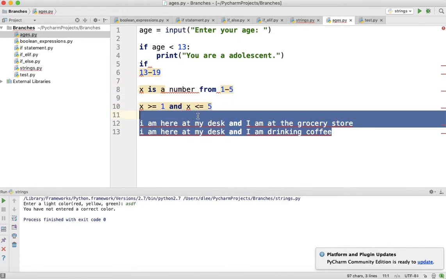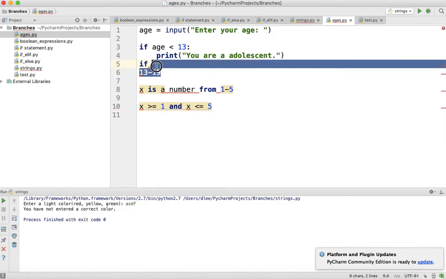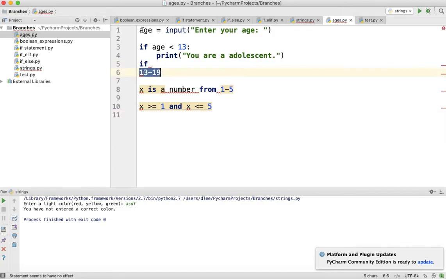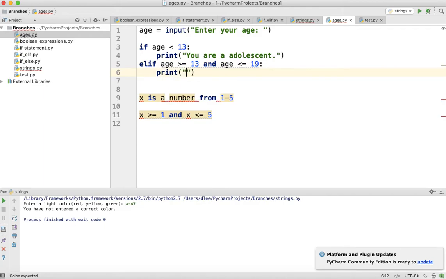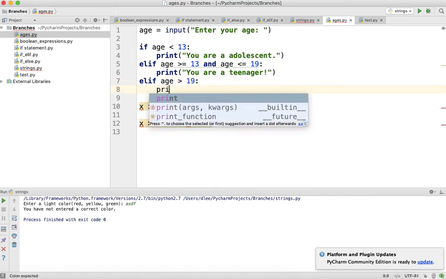So let's go ahead and use these techniques to check if the age that the person entered is between 13 and 19. Okay. So I'm going to do elif right here, and I'm going to do elif if age is greater than or equal to 13, and age is less than or equal to 19. Then I'm going to print out "you are a teenager." Okay. And then I'm going to do elif again, and I'm going to say if age is greater than 19, I'm going to print out